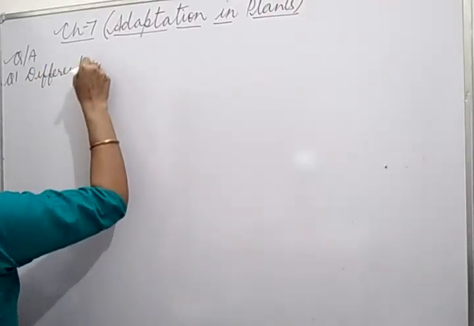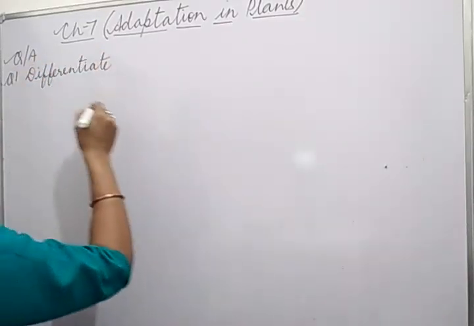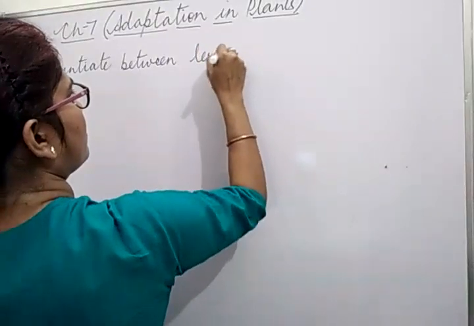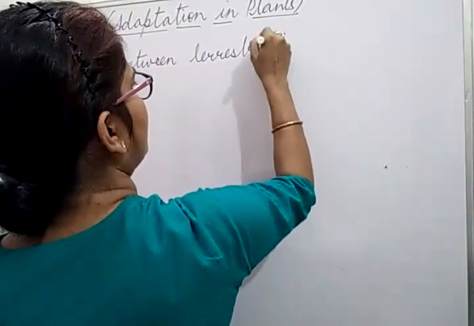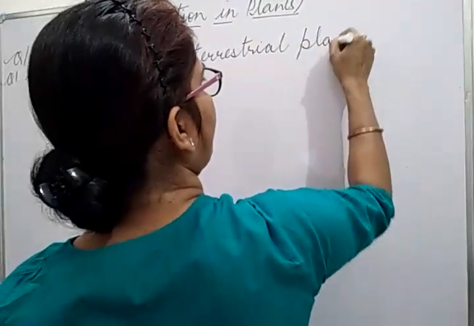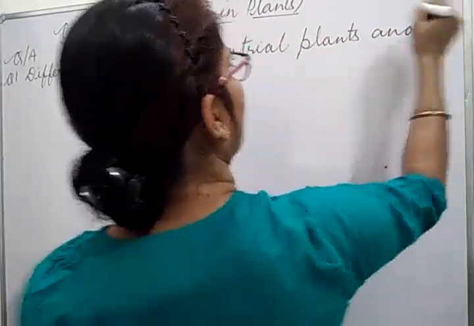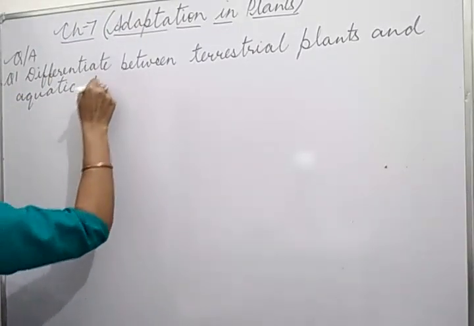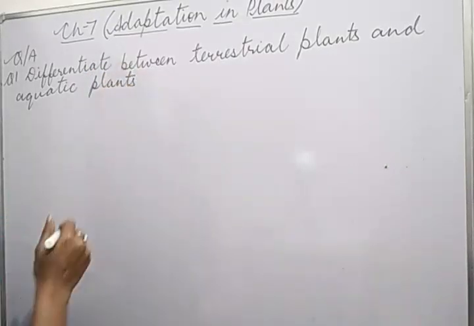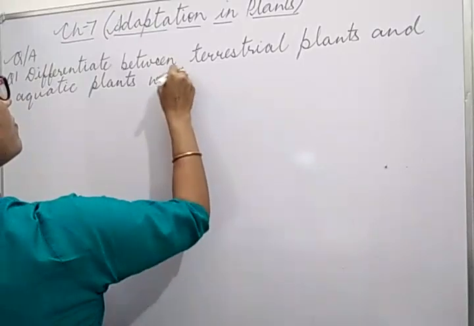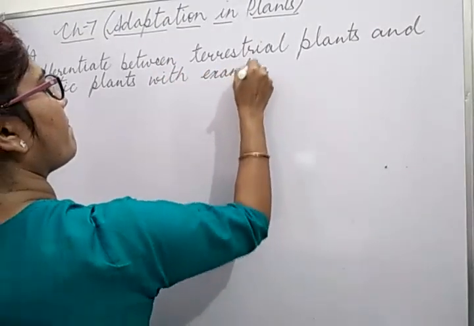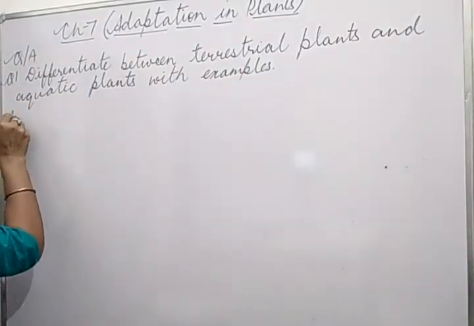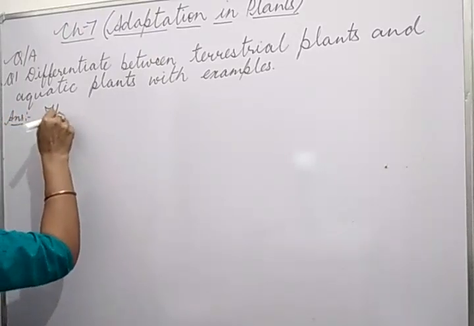Differentiate between terrestrial plants and aquatic plants, with examples. With examples we have to write. So answer is the difference